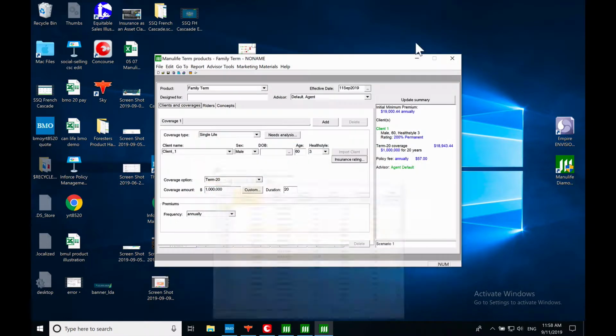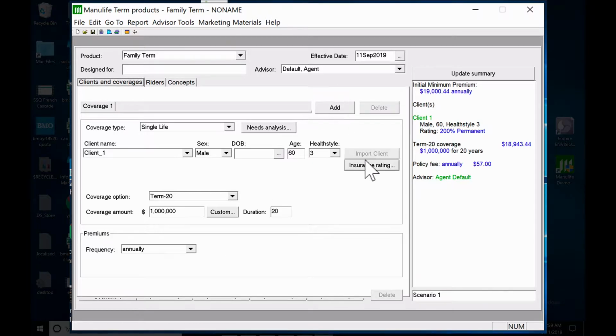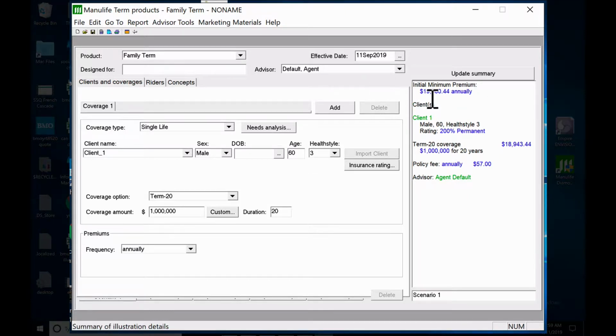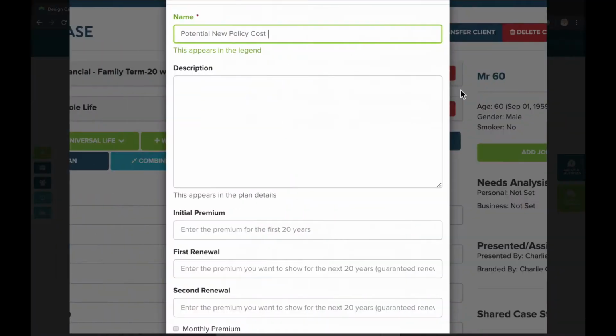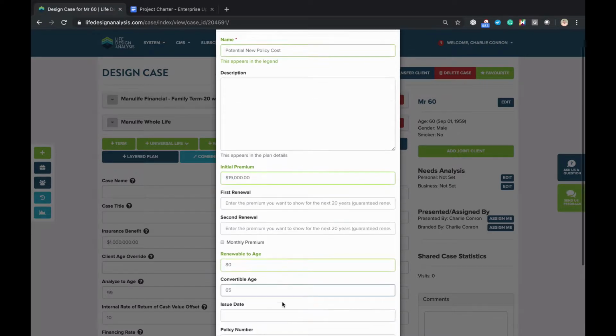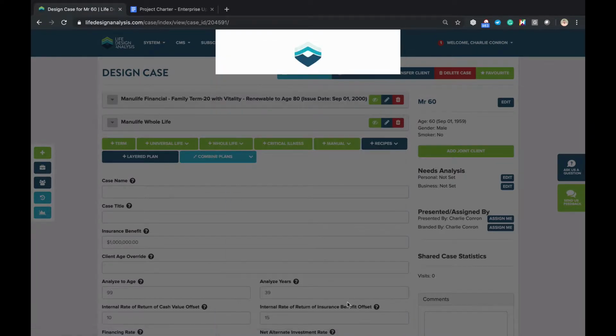I'll close this out here and take a look at some family terms. So I just got a 60-year-old, but I put an insurance rating of 200% on there. So this would be like a rated client, adjust accordingly. But just to get an idea, it's about $19,000 a year. So all I'm going to do is say this is $19,000. And I know it's renewable till age 80 and convertible till 65, so I'm going to throw that in there as well. I'll save that as a policy,